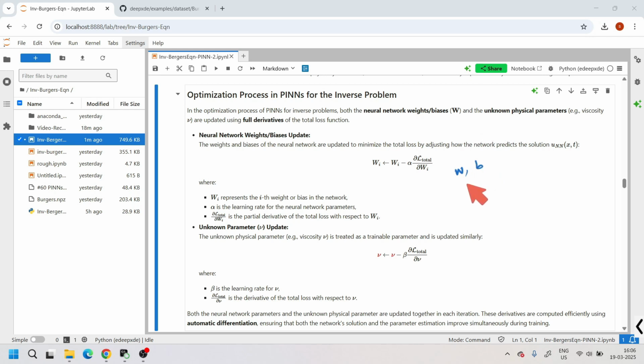In this inverse problem, we now also have this additional unknown, this new viscosity parameter. We will also have to estimate this, just like the way we estimate these weights and biases. We will also estimate this unknown parameter. Here alpha represents the learning rate for these weights and biases, and this beta represents the learning rate for this